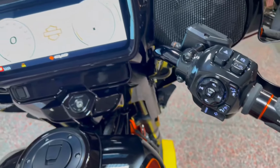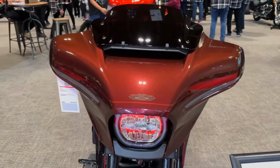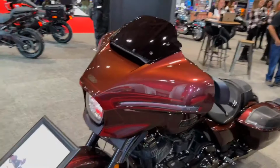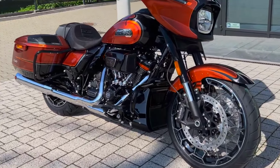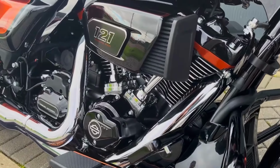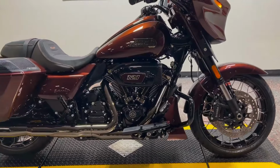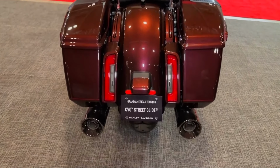The coolant flow is concentrated on the exhaust valves and directed towards the hotter rear cylinders first. The cylinders are air-cooled, while the heads are liquid cooled. The engineers claim that by improving cooling, they were able to slightly boost the compression ratio from 10.21 to 10.31. While it's always good to see performance gains, the Street Glide and Road Glide's new look could be the